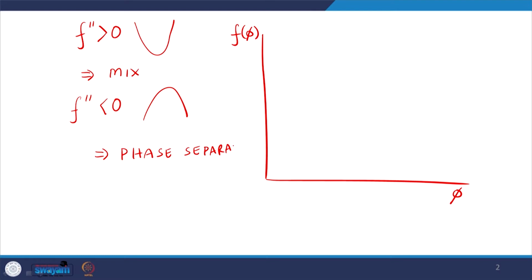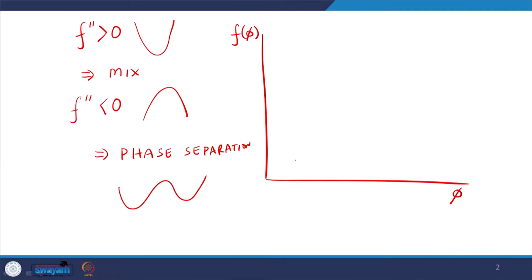And finally, I was saying that we may not have a single minimum or a single maximum. We can have a situation like that, and in that case we have to identify the function value in the range of volume fractions under consideration, and using that I can find whether we will have mixing or phase separation behavior. So I want to take that further today, but before I do that, let's first look at the phase separation case, where I also need to evaluate what should be the volume fraction in the phases that form.